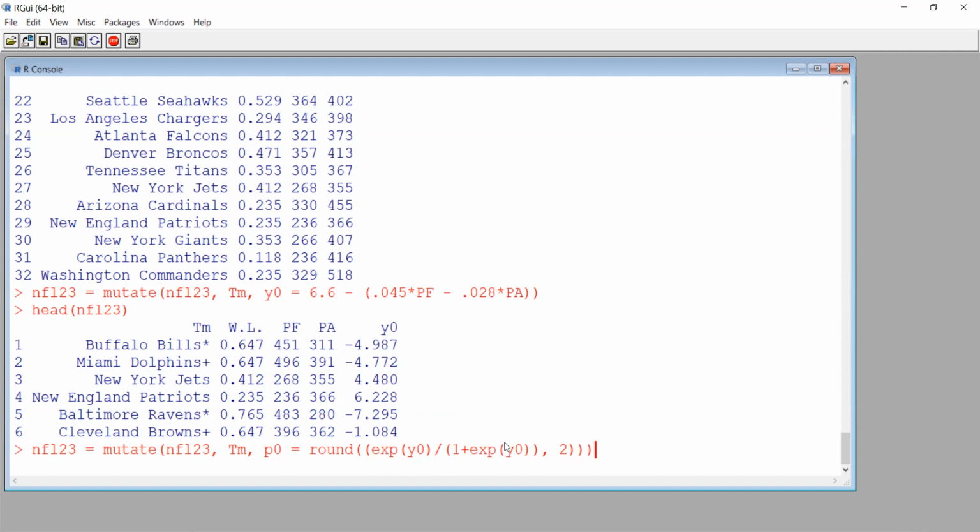Now when I take e to this number, even though these are negative, this will be a positive number. When it's negative, this will be like 1 over an e to something, so it will be small. And when it's positive, it grows very fast. But this is always a positive number. So I have a positive number over 1 plus that number. So it's a number between 0 and 1, and it can be used for probabilities. Hopefully I did it right.